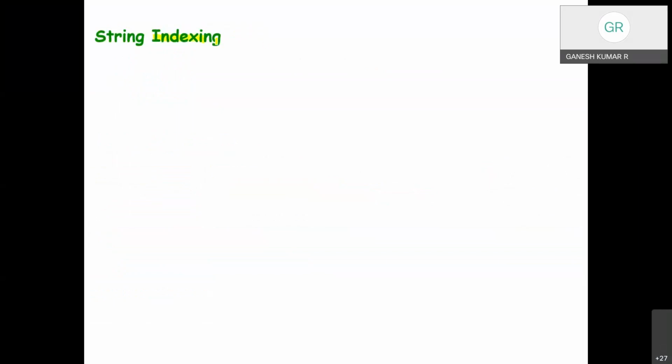What do you mean by indexing? Any idea on indexing? So indexing represents the location, and points to the location in the memory. For example, let us take a string, S1 is equal to hello world.